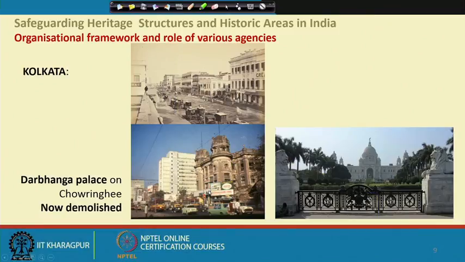Now, if you take the example of Calcutta, I have shown that this is the old Chowringhee road, and this is what is happening there. As you can see, this particular building which has come up, and this building does not exist any longer, Darbhanga Palace on the Chowringhee, and the entire skyline has changed. But still we have other beautiful structures, like for example, the Victoria Memorial, which is a marvel of colonial architecture, and